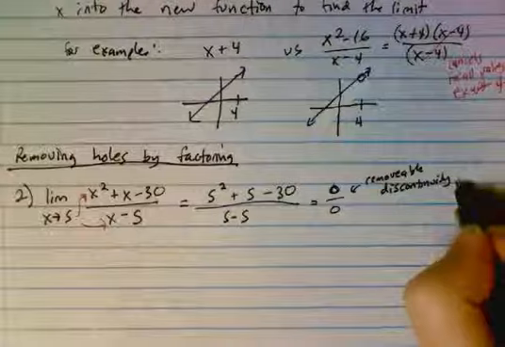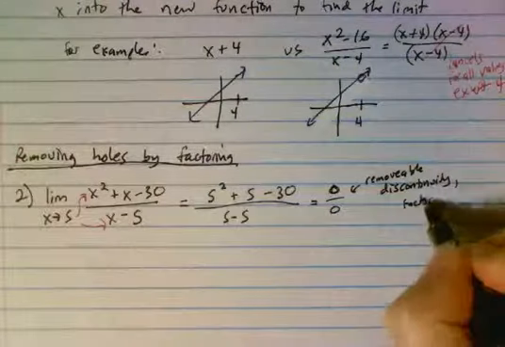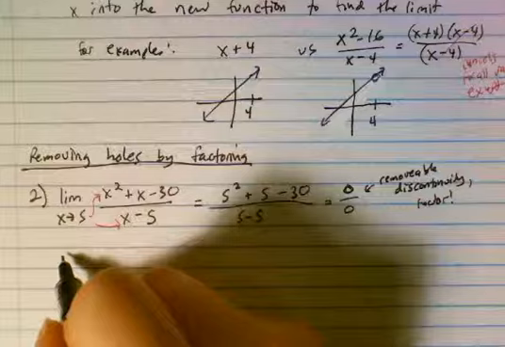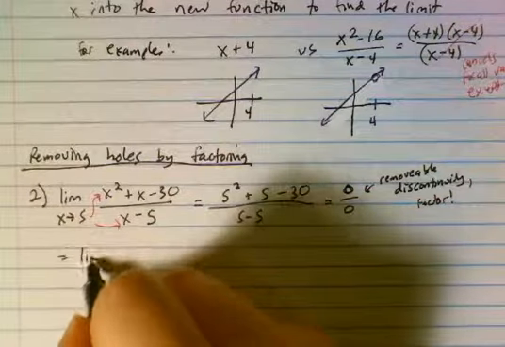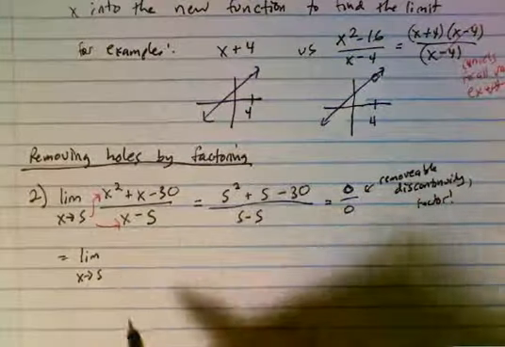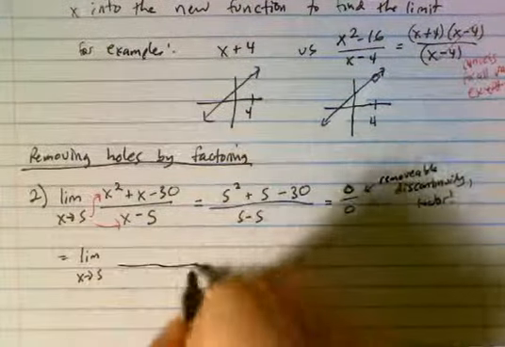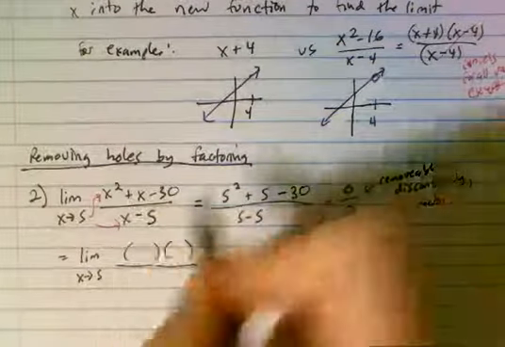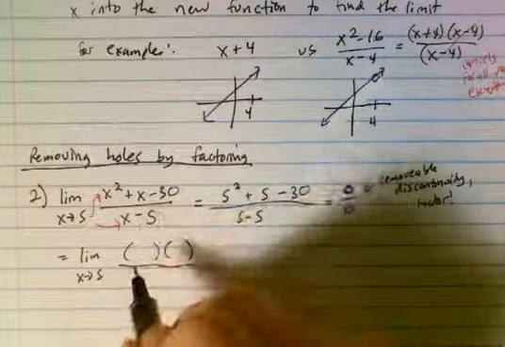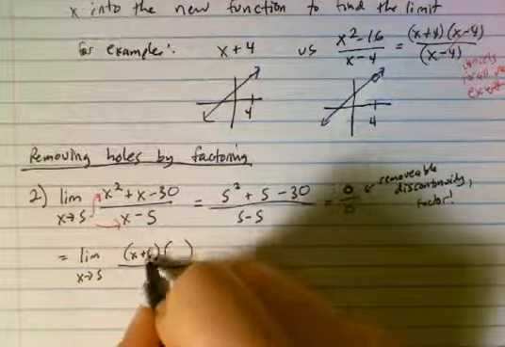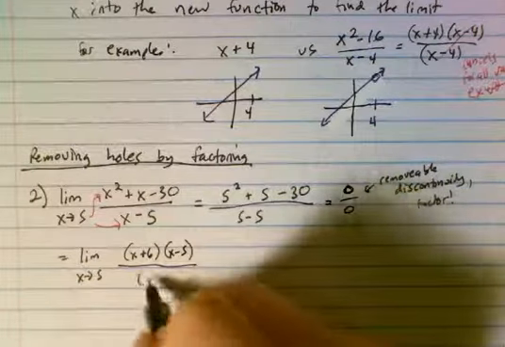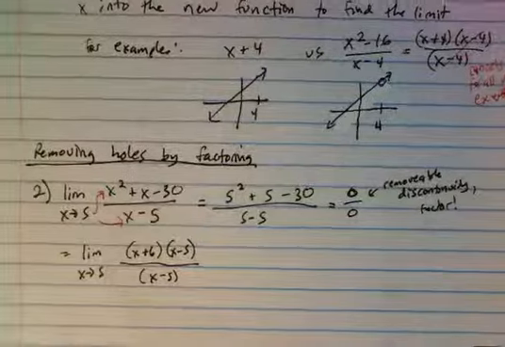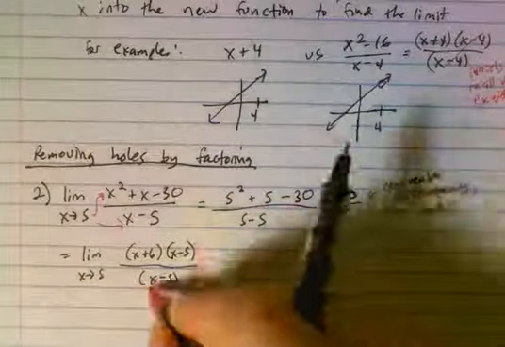So let's factor. Something's got to cancel out, and then we're good to go. So this is going to equal the limit as x approaches 5. Let's factor the numerator, factor the denominator. Negative 30, positive x, that's x plus 6, x minus 5, which makes sense. One of them should be in the bottom because we want it to cancel out. And so we can cancel